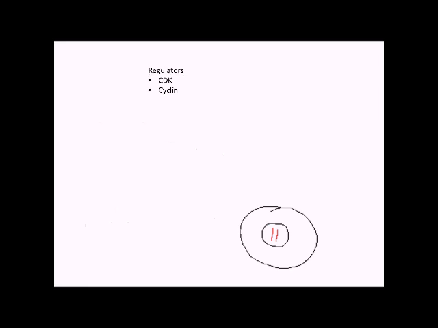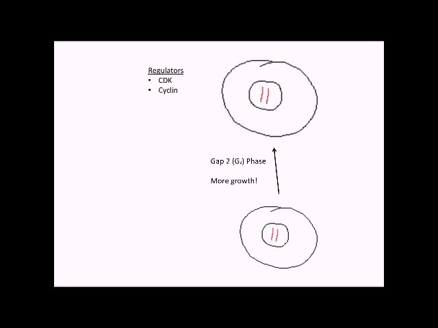So our cell, which is big, has 2 strands of DNA. CDK and cyclin are going to tell the cell to enter the gap 2 or G2 phase, which is basically just more growth. So the cell's going to get even bigger,